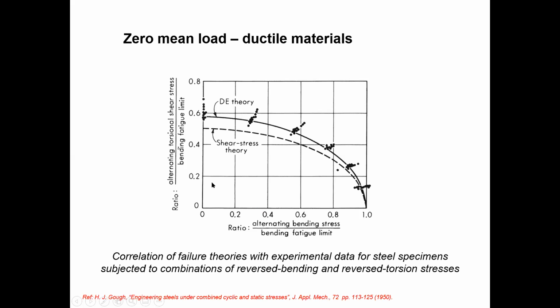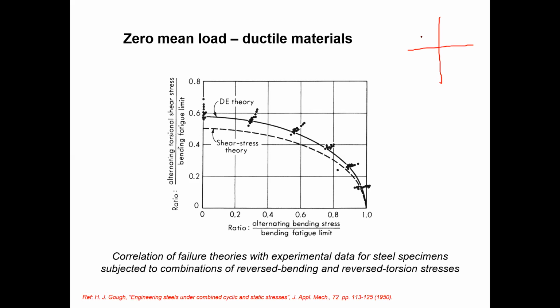Okay, so here you can see the first quadrant of the maximum distortion energy theory, that is DE. Distortion energy theory, and the shear stress theory, Tresca theory, if you remember, the third method we discussed in lecture number 2. From the Tresca theory, you draw the boundary line for the failure mechanism. If you remember,